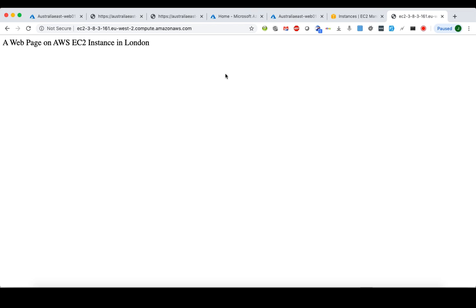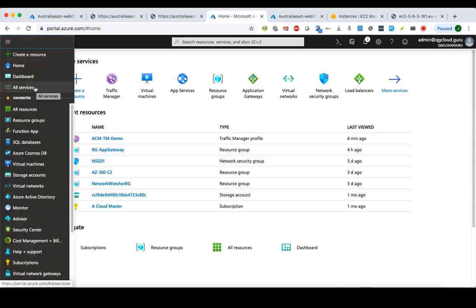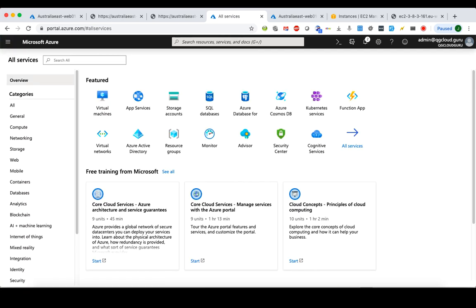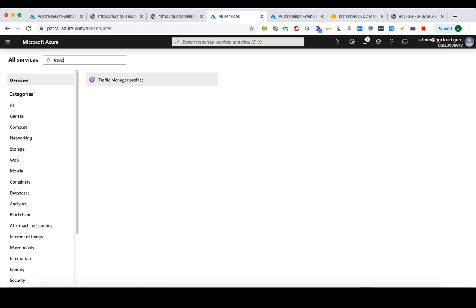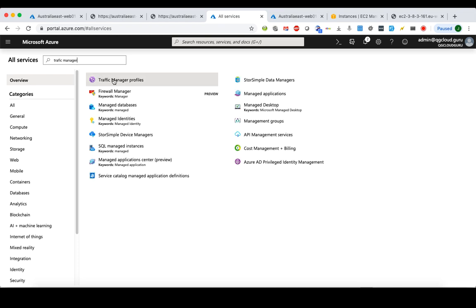The next question is how can we create a Traffic Manager? Well, we just need to go to the Azure portal, which I've already logged in. Here we can go to the portal menu on the left-hand side, click on it and select all services. From all services, we can type in Traffic Manager, and that filters out the Traffic Manager